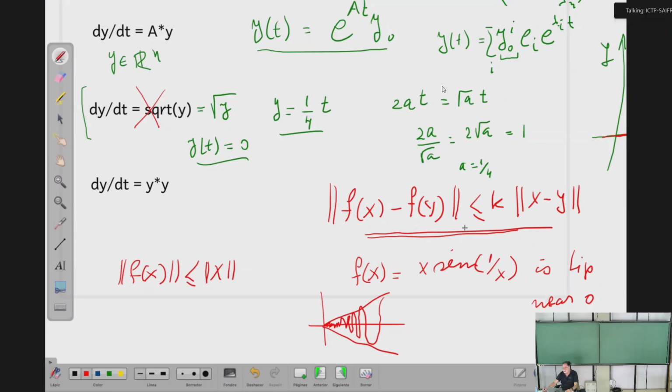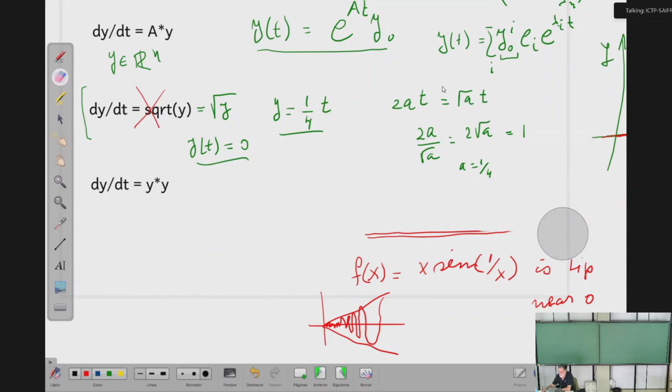So notice that here I put a norm, so we are thinking always we have a normed vector space. In a manifold you also have locally norms or distances, so you have this also. So the final example we are going to see